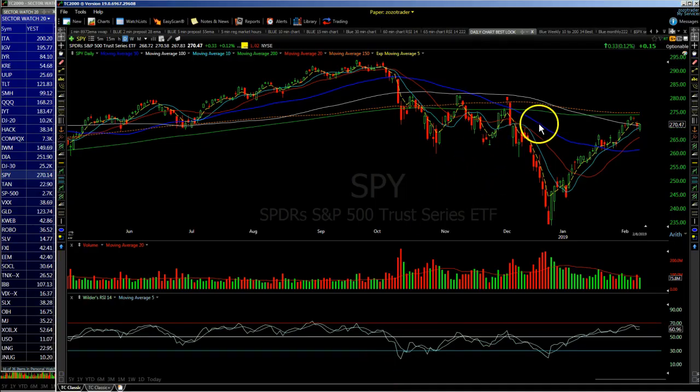So right now on the markets, we came up near that flat 200 SMA, the green line on my daily chart, and we did get a slight pullback from that. The bulls did recover around the 10 SMA, the light blue line you see on my chart for the SPY. So overall, after this big push up, some consolidation, some indecisive candles here, just under the 200 SMA,